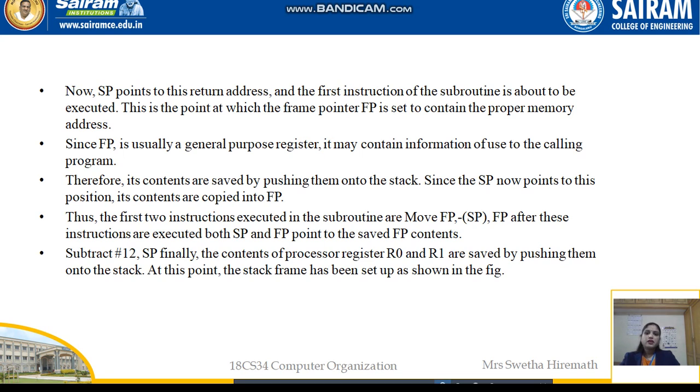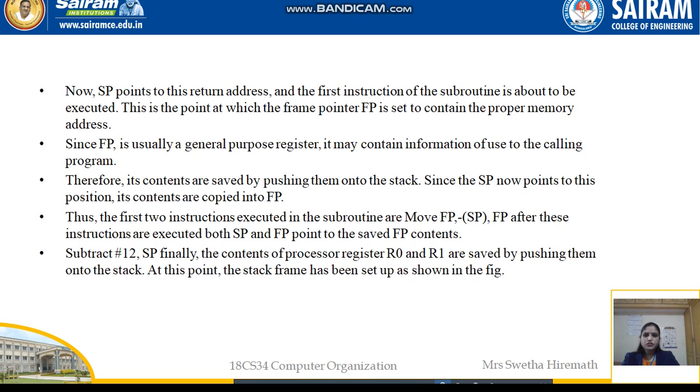Since FP is usually a general purpose register, it may contain information of use to the calling program. Therefore, its contents are saved by pushing them onto the stack. Since the SP now points to this position, its contents are copied into FP. So whatever was present in SP has been copied to the frame pointer.